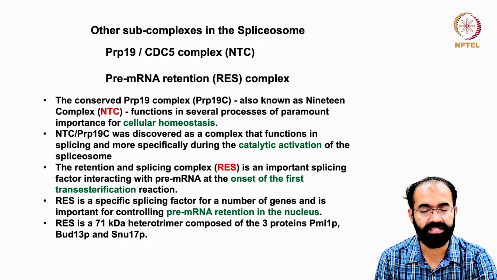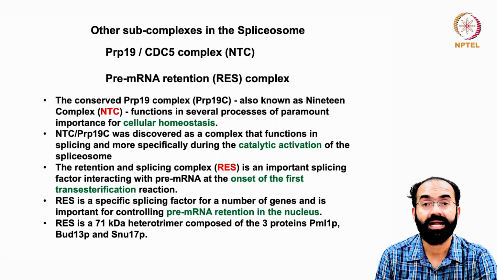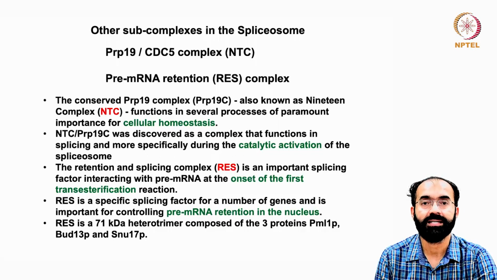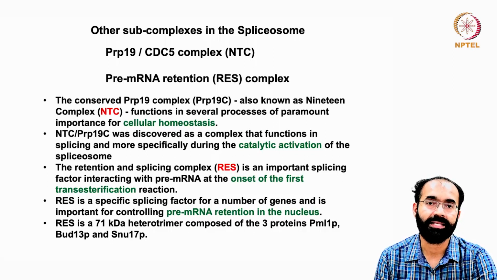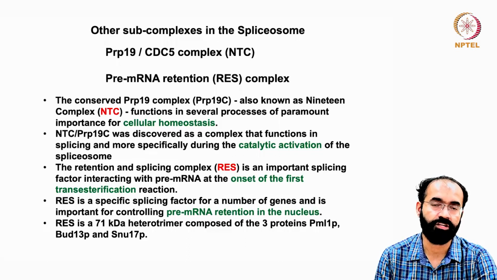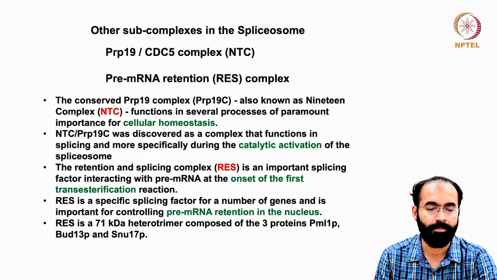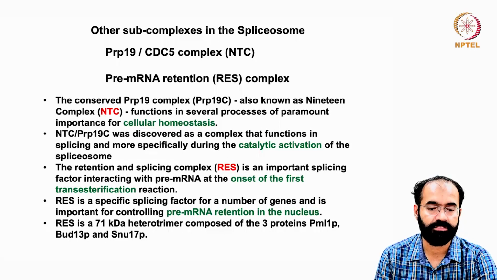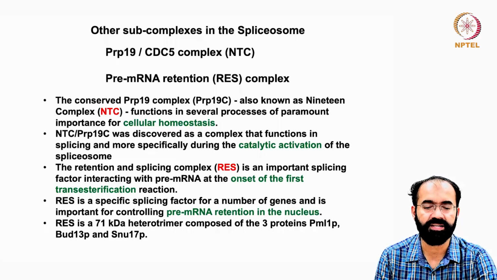That is why NTC comes from 19 complex, and it functions in several processes of extreme importance in the cellular homeostasis of any given cell, because these complexes regulate the rate of propagation of the splicing. So the NTC PRP19C was discovered as a complex that functions in the splicing, and more specifically during